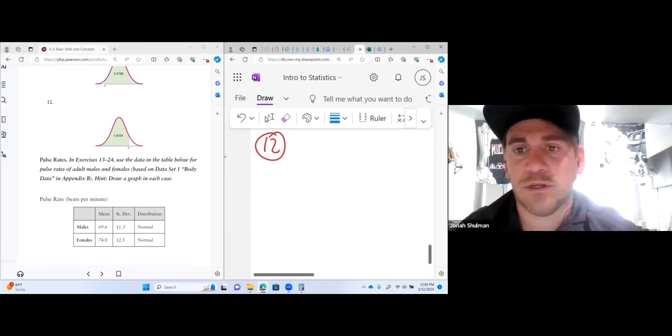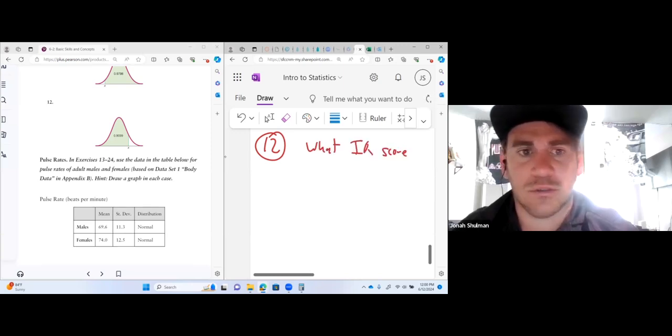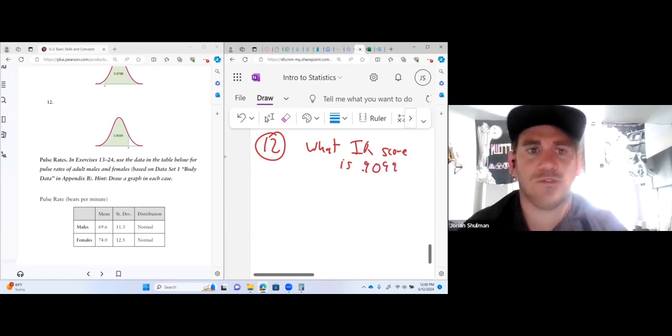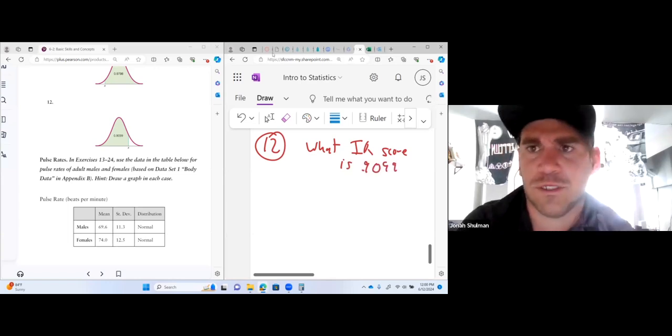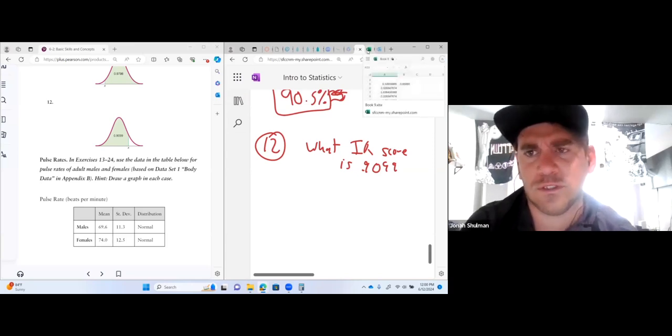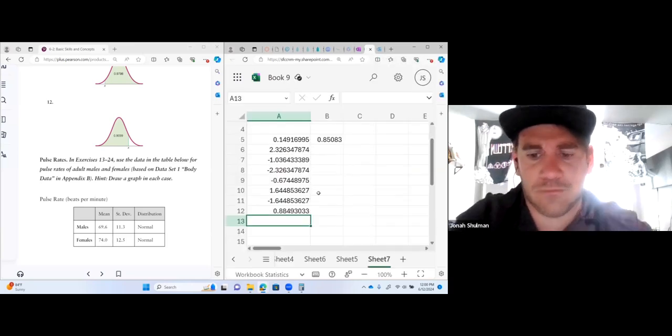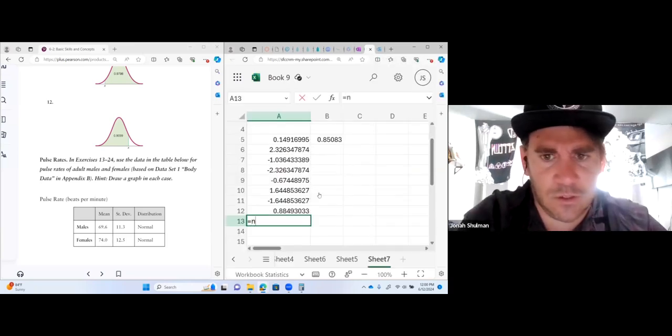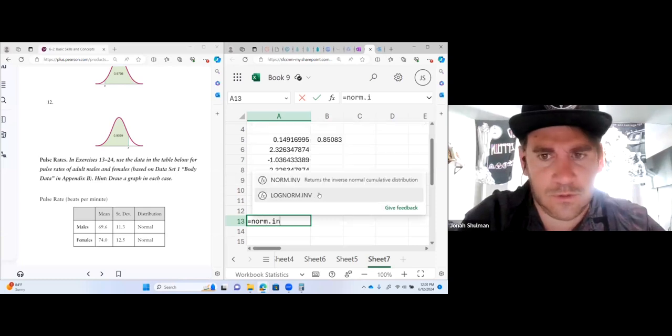I'm assuming they want to know not the z-score. They want to know x. So what IQ score is 0.9099? That's what they want to know. What IQ score is 0.9099. So the first thing we can do is work backwards from here. So equals norm dot inverse